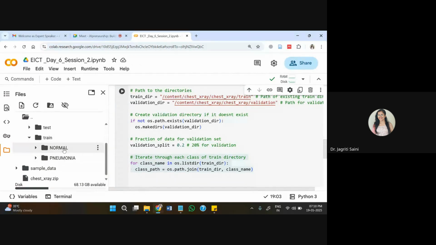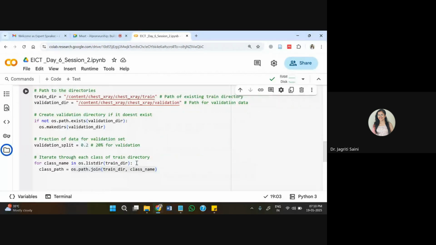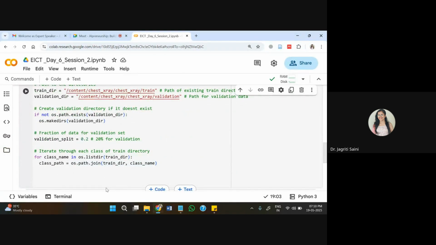So whenever we are extracting files from any of these two directories, they should be connected with the same class name. So that path we are joining here. Whenever a picture, X-ray image is being captured from one of the folders, its class name must be associated with it. So that accordingly, it should be placed in the validation directory when we run this code. So that name will be captured automatically.